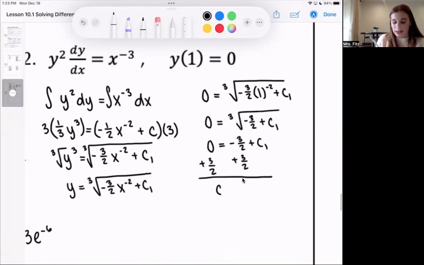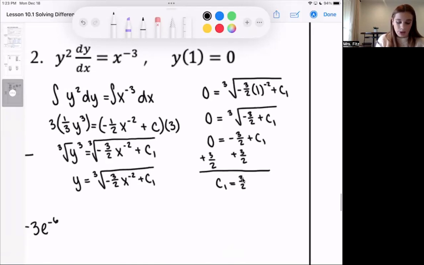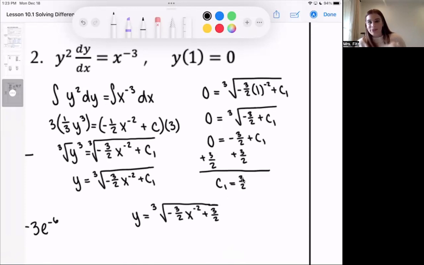And your constant is 3/2. And so our final answer would be y equals the cube root of negative 3/2 x to the negative 2nd plus 3/2. And that is it. Make sure your cube root is long enough. It goes all the way across. Mine was a little short at first. Okay,